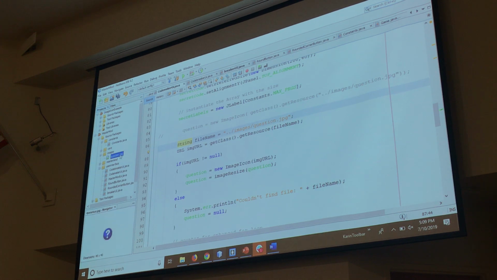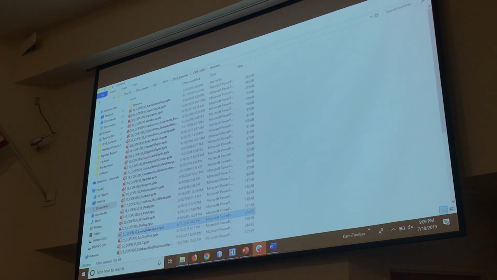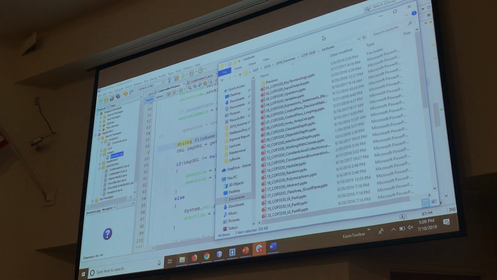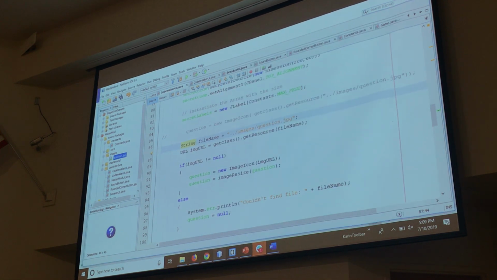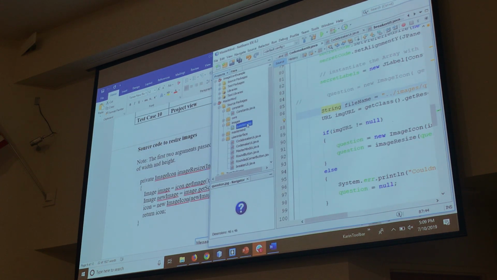And then here I have the question mark. Could you show how you got that in there? There are two different ways you can do it. You can either do it directly from the hard drive, or you can drag and drop it. So if you minimize your editor,